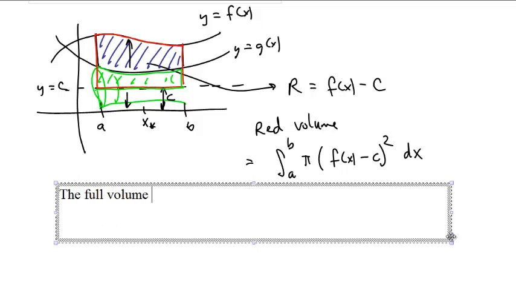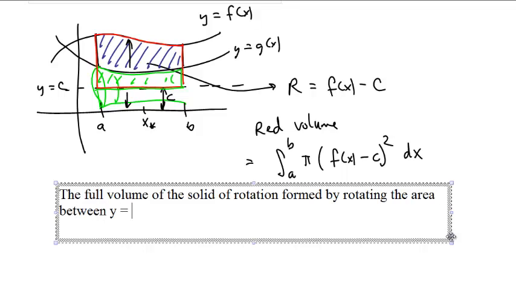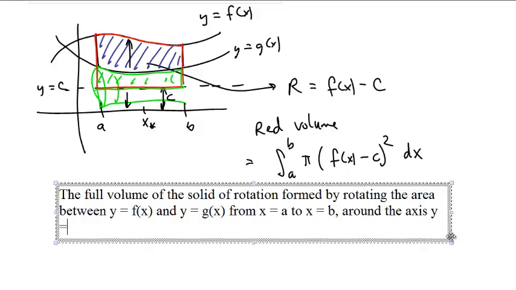The full volume of the solid of rotation formed by rotating the area between y equals f of x and y equals g of x from x equals a to x equals b around the axis y equals c